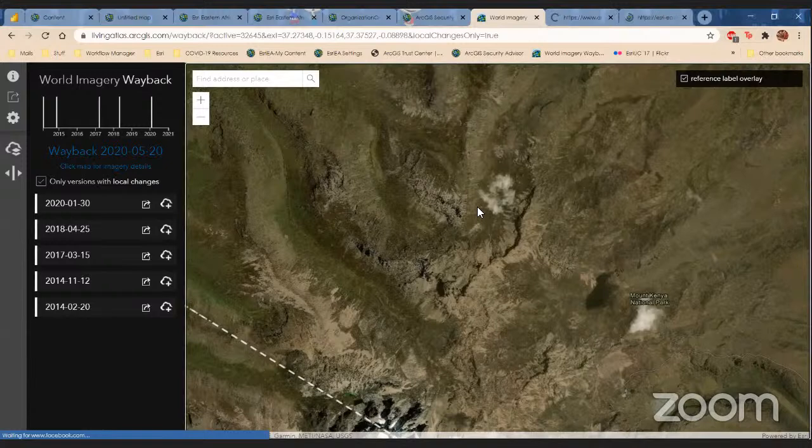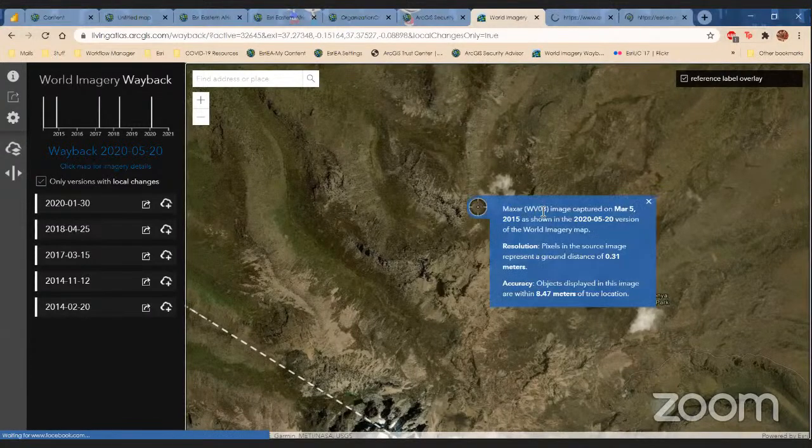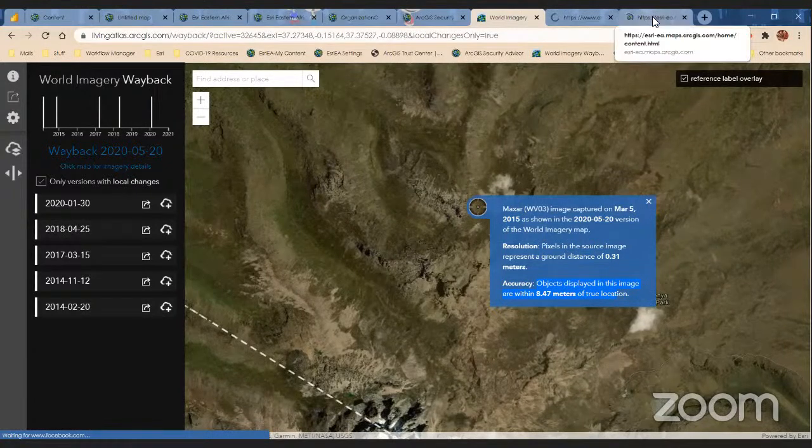So when I click on the map, here I can get when it was captured, and then the pixels, the resolution, the ground distance, and then the accuracy. Usually, as I said, because of the overlays and all that, images are different. But again, I was also trying to show you a better way of accessing the same directly from your ArcGIS Online account. If you have the imagery base map, when you zoom, you will now be able to see the differences. Unfortunately, this is taking some time. But when you just go to your